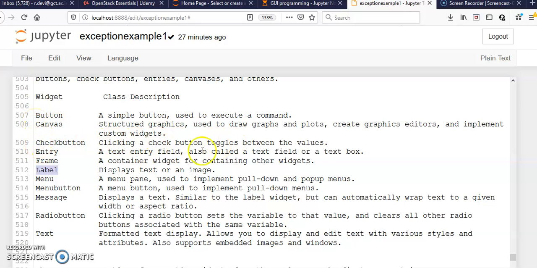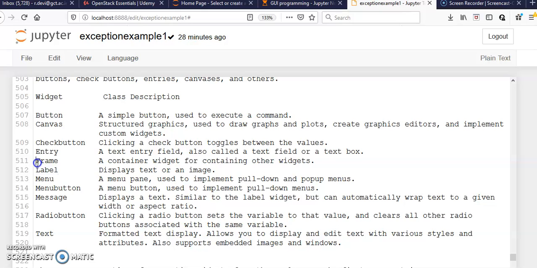A check button is a square button that you already know, so you can make multiple choices. And an entry widget is to enter something. For example, if you have a label as name and a text box, you can use an entry widget, and automatically you can enter that name in that entry widget.